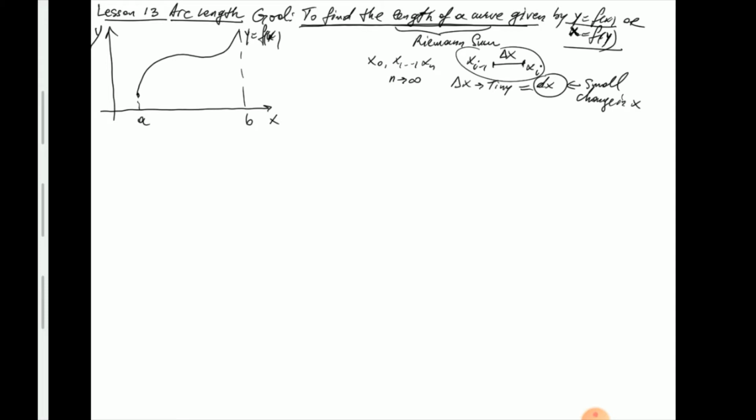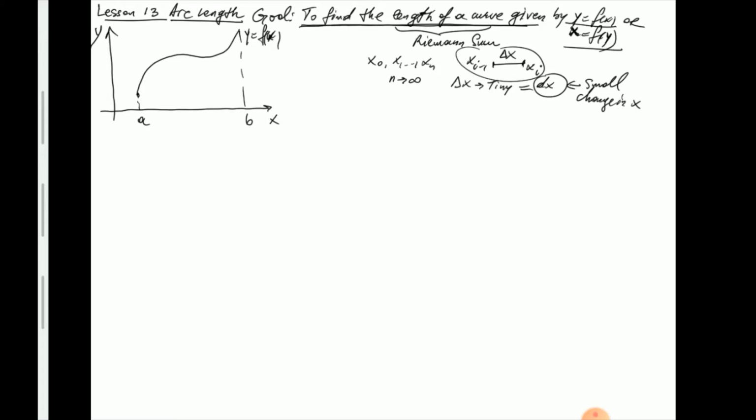The delta x becomes dx, and then of course the rest of it comes from whatever we want to compute. In the case of volumes of revolution, everything else was basically denoting a volume of a slice or a shell. Dx was part of that volume. I mean, dx used to be the height or the width, or maybe part of the radius, for example, of a shell, and so on and so forth. Here we're going to do the same thing with the aim to approximate, like I said, the length of the curve. So when we come up with this partition,